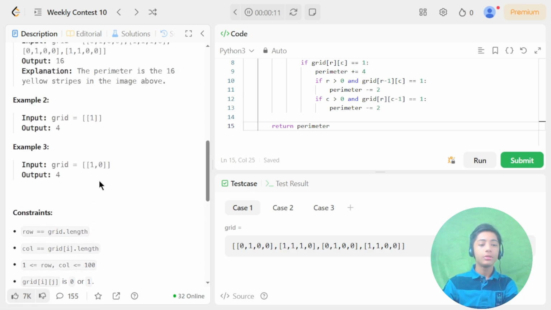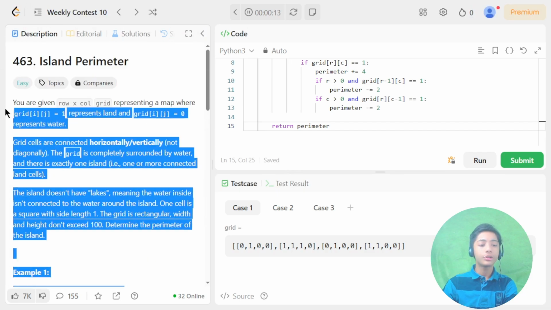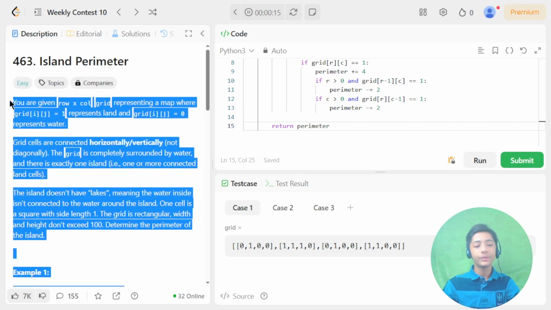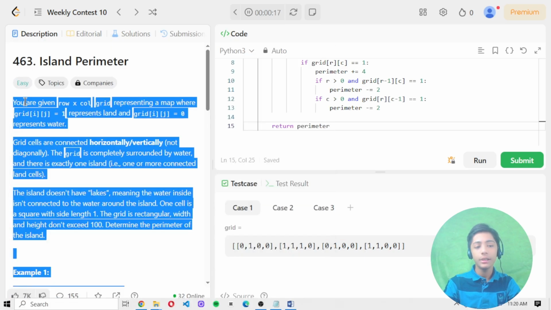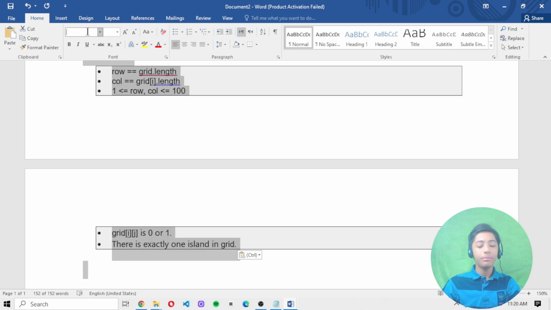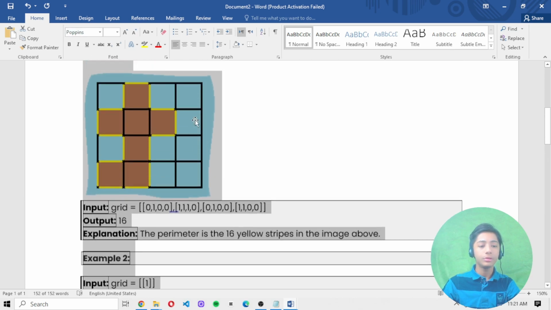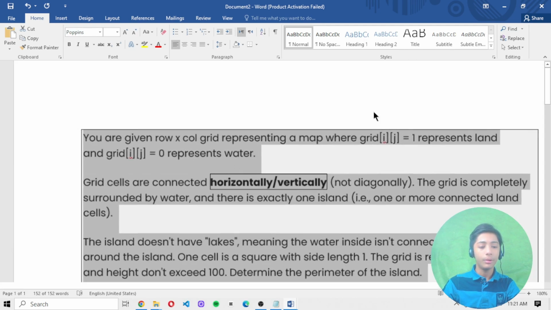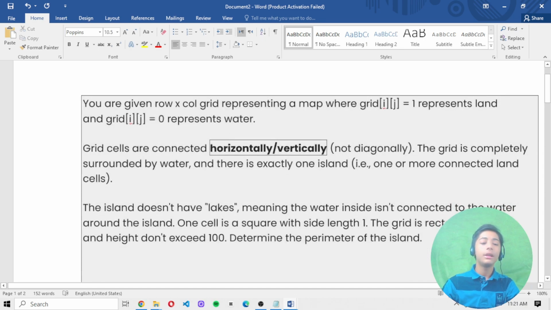Okay. So first of all, let me drag and drop this question into a Word file, so we will first understand the question carefully, then we will solve this. Let me increase the font. So now let me tell you about this question. It is telling me: you are given a row x column grid representing a map where grid[i][j] equals